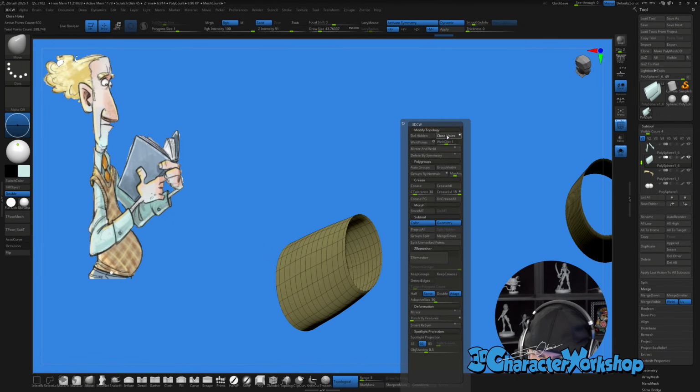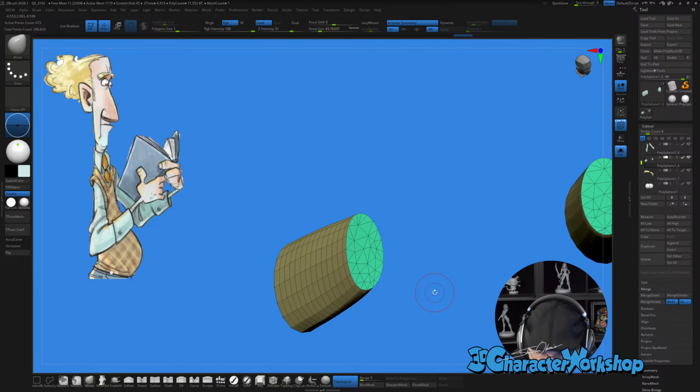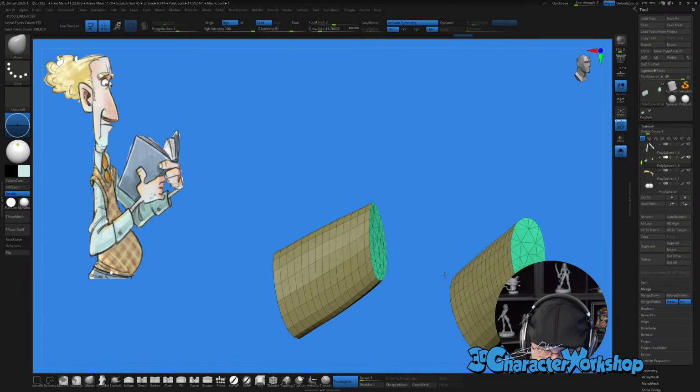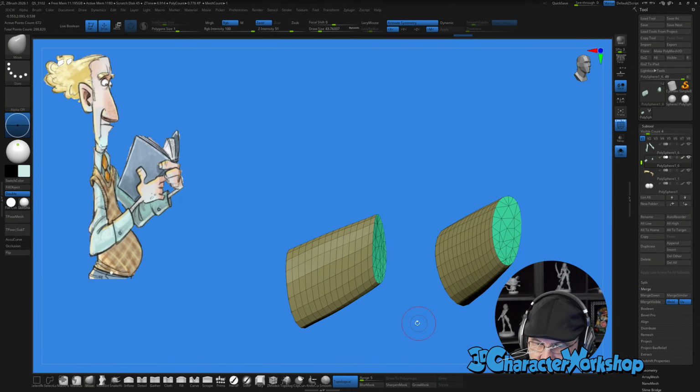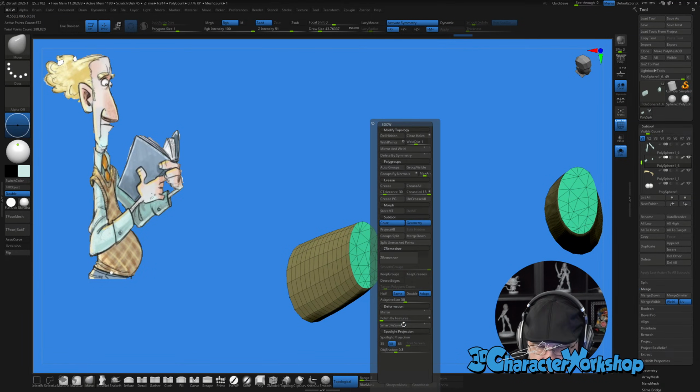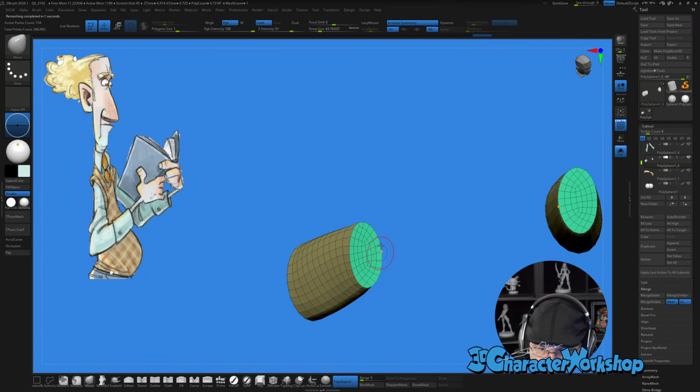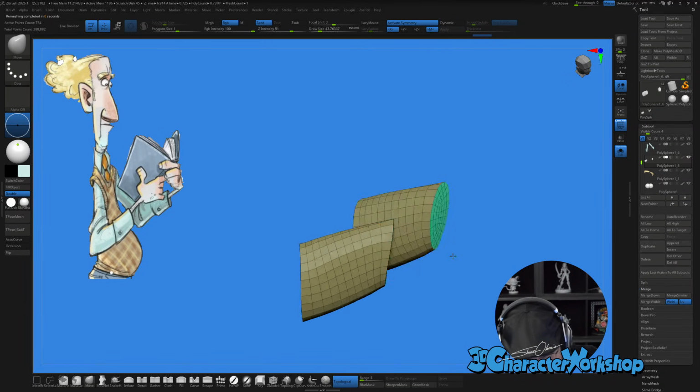So do a close holes. It'll make this ugly cap, but it'll make it into a new poly group. And then we can Z-remesh it while keeping groups. But we want to take the smooth groups and ramp it way down to about here. And then we can hit detect edges, but keep groups is enough. And then we just keep it at same and hit Z-remesh. And it should give us decent caps like this.